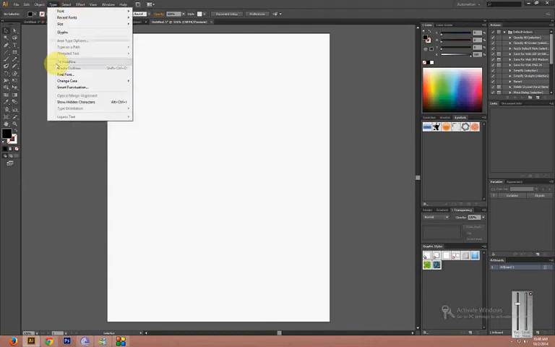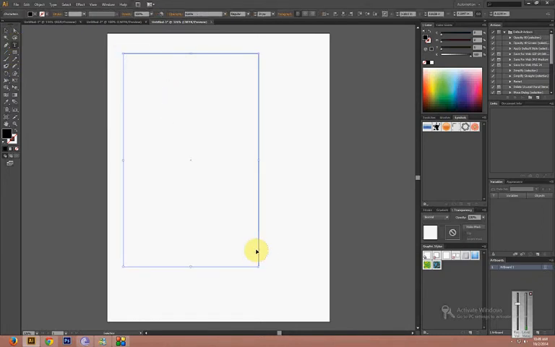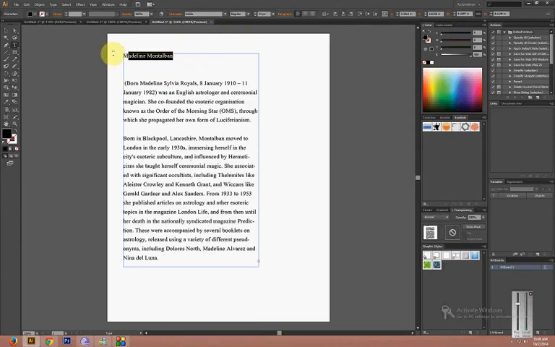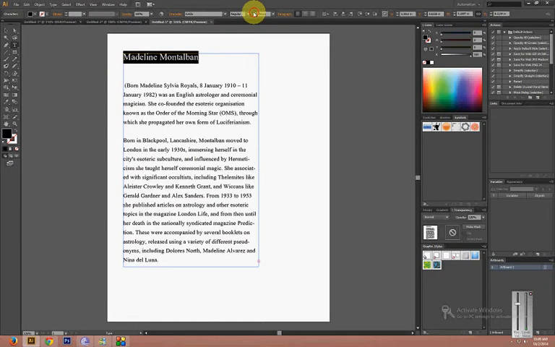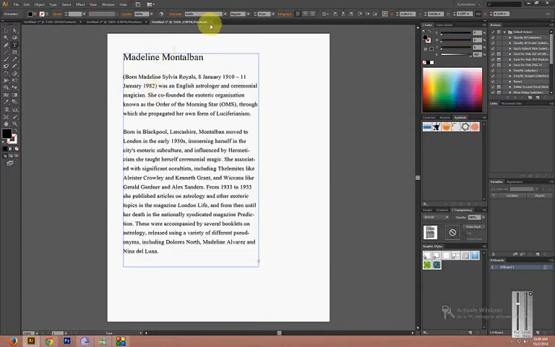Now in Type, after threaded text we have to go to Fit Headline. Same example we will take. We have a paragraph like this and suppose this is our heading. I'll select this, and the heading is bigger in size, right? So I'll increase the heading size. This is the size. But one more thing we have to keep in mind, that is the heading must be